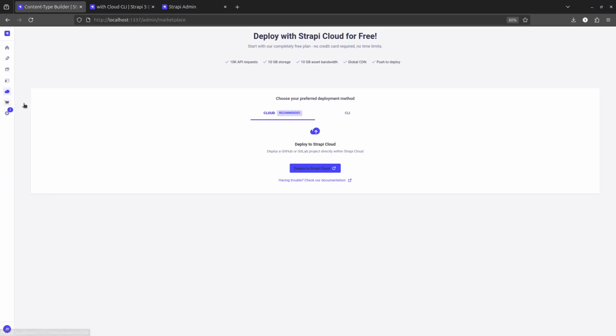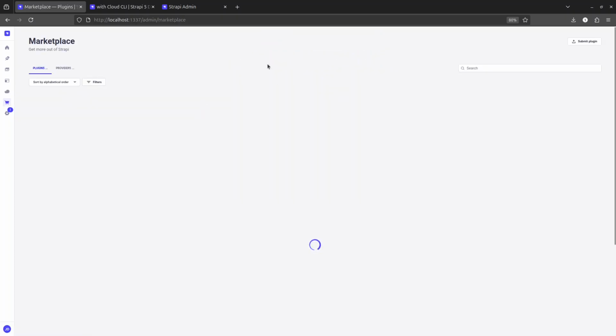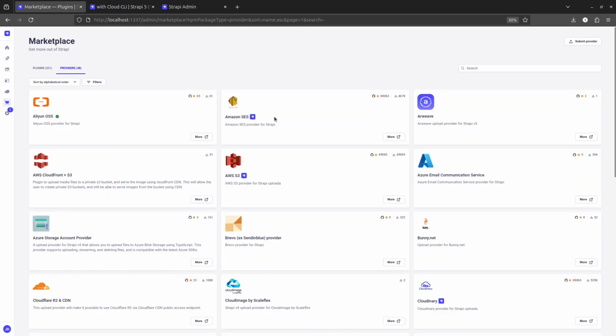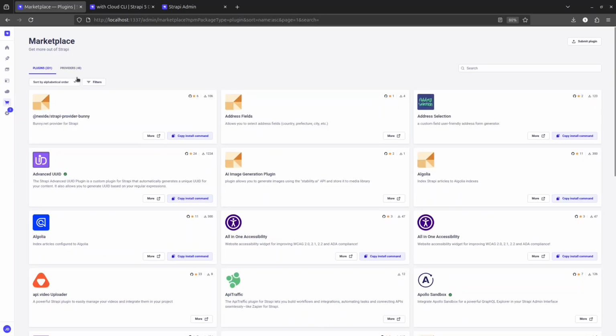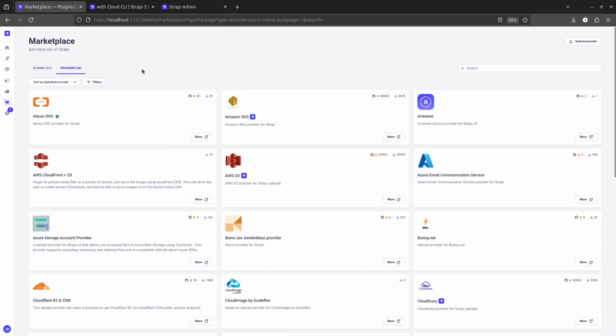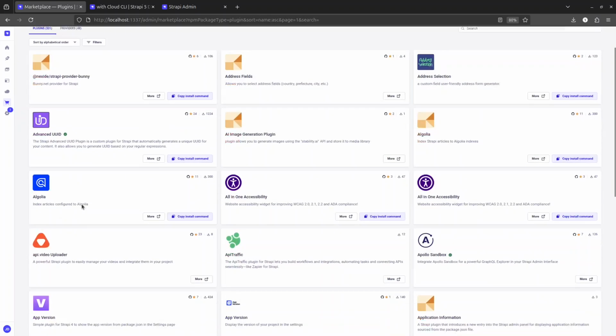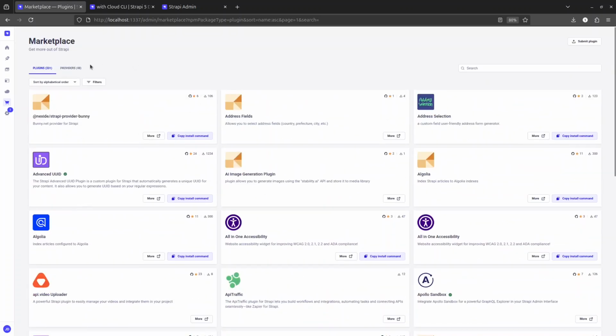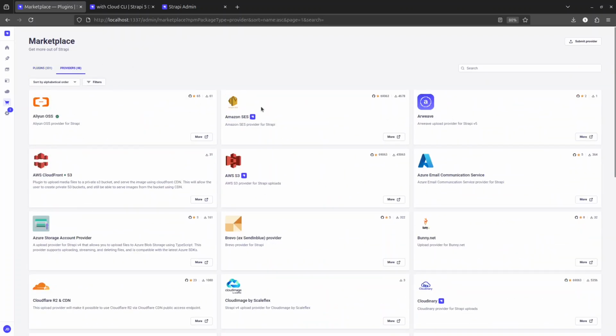Then we have a marketplace. Here you will find lots of plugins. You can see we have 331 plugins and 48 providers. You can choose according to your need. For example, we have Amazon SES, which is used for sending emails,